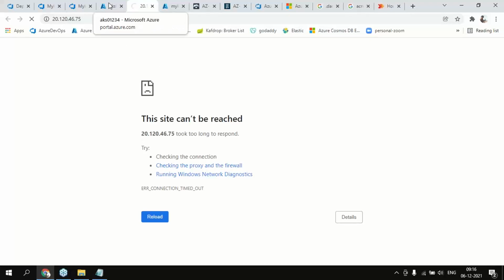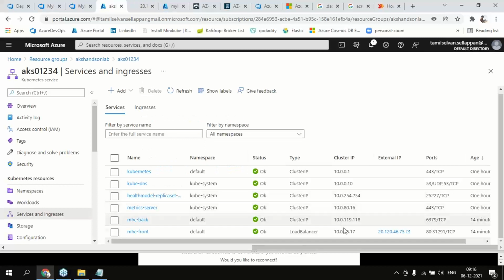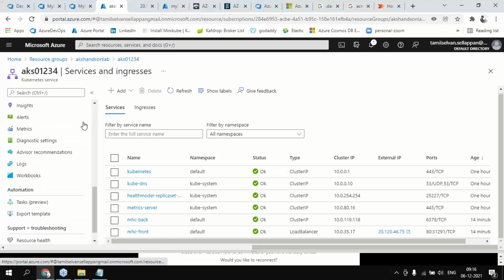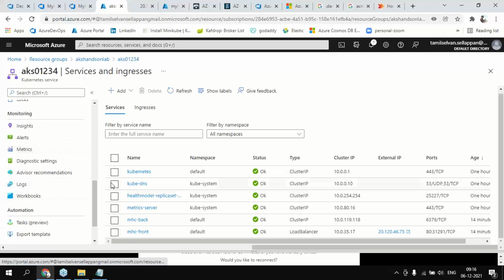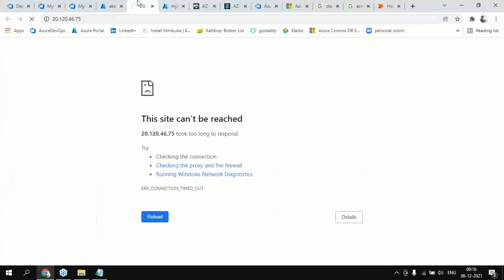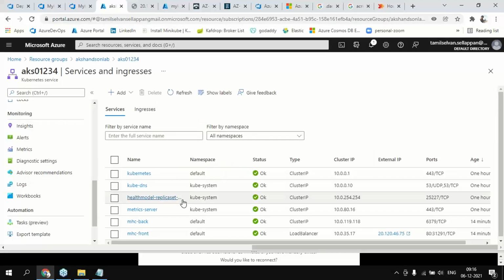This is taking some time. I think mostly it's not working. Maybe do we need to increase the cluster IP? This is the front end, so that's why the load balancer. Okay, instead of 831291,